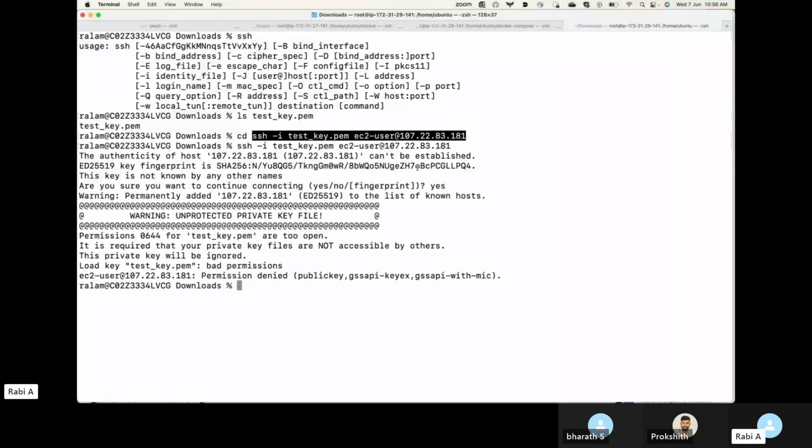the machine. Now, if you get this error telling you bad permissions, permission denied, the reason is that the PEM file has too many permissions. You can see it says unprotected private key file, permissions are too open. So basically, you need to restrict the permissions on your file. For that, you can